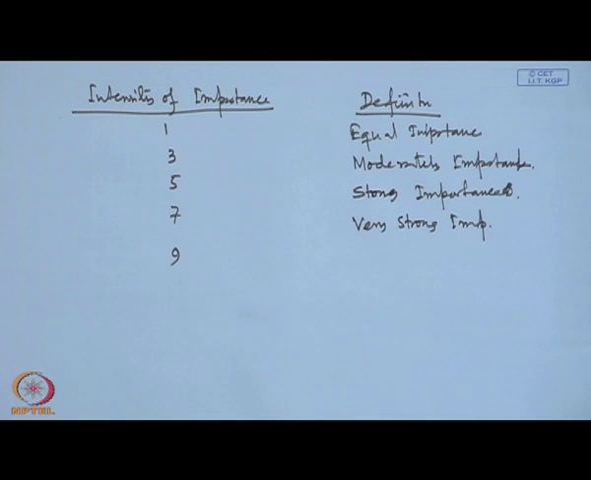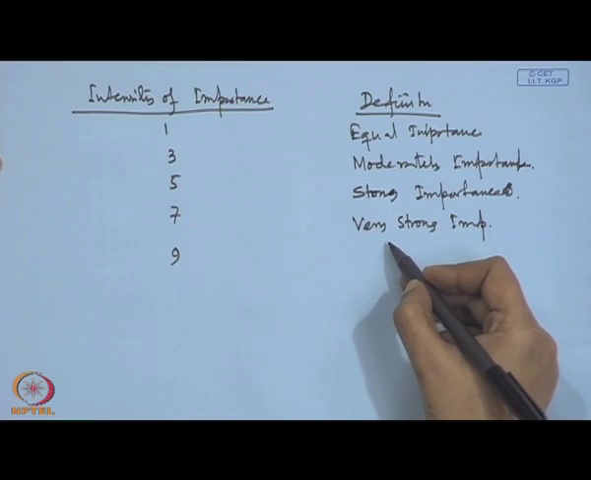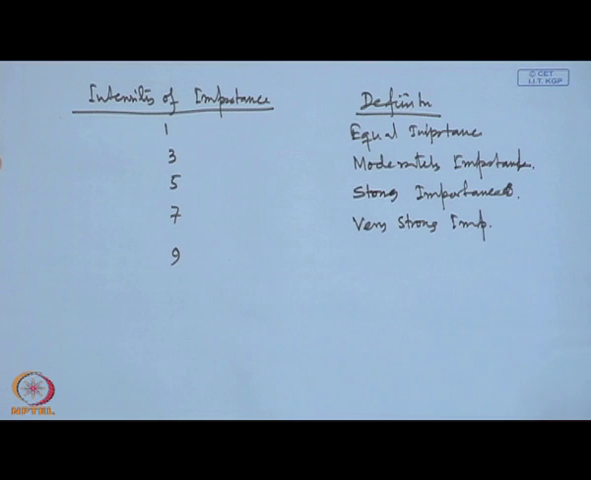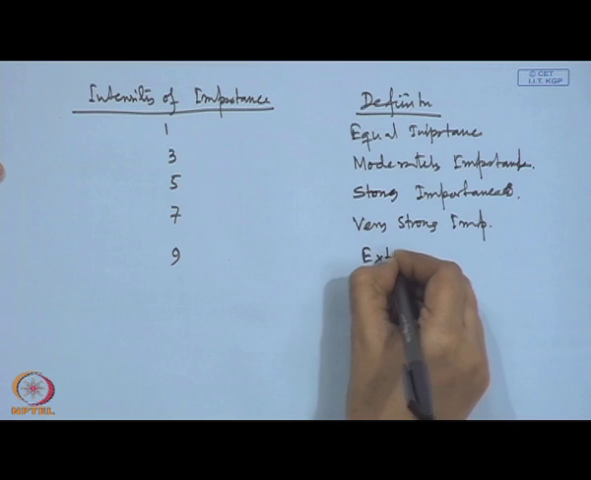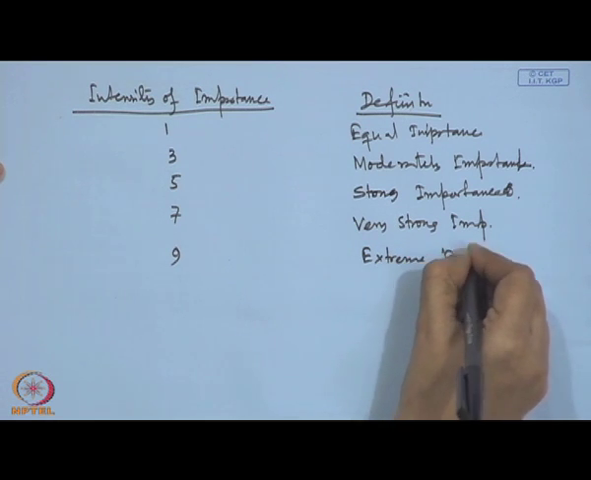Now, whatever intensity of importance measure we are considering, that totally comes out of decision makers' knowledge, decision makers' own judgment. As I said, this process considers the decision makers' perception in each stage very seriously. That is why we are considering that decision makers' perception regarding the importance of one alternative with respect to the other alternative in this way. 9 refers to the case extreme important,